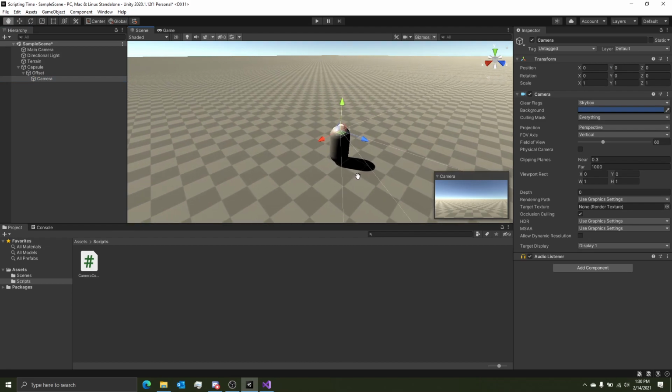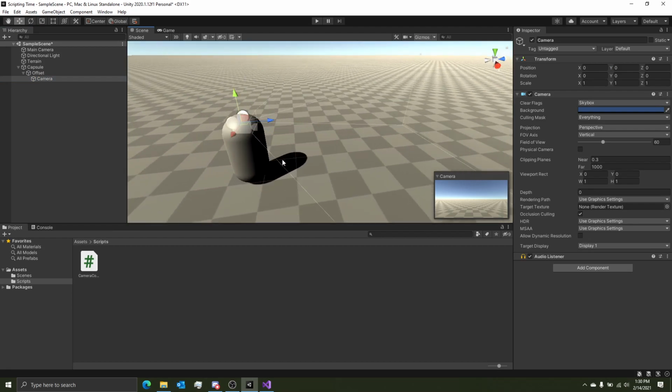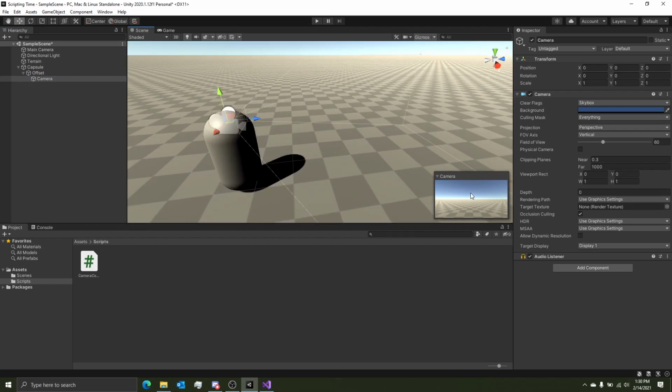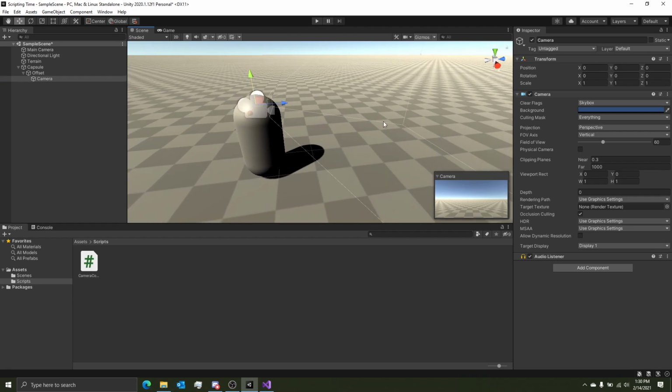So then that should automatically start facing forward. And if you look at the camera view, it kind of looks like a person, or first-person view. The reason why we have the offset is that if you want to switch this to third person on the camera, if you change the Z to a negative value,